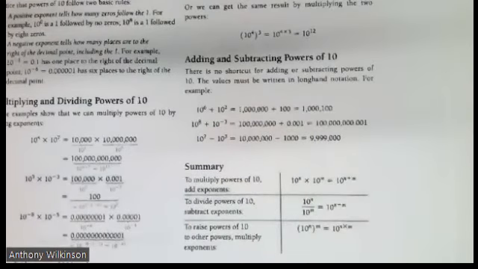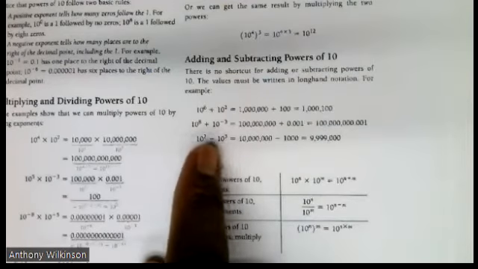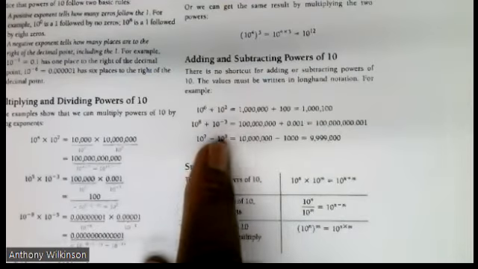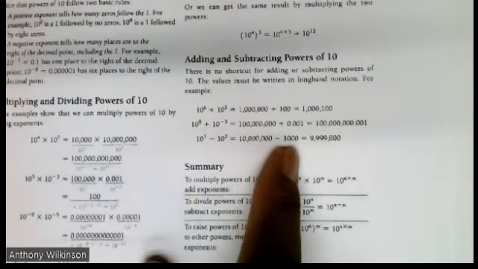And also 10 to the 7th minus 10 to the third. 10 to the 7th will be 10 million. 10 to the third is 1,000. Subtract 1,000 from 10 million, you'll get 9,999,000. Okay, so you just have to expand those powers of 10 out completely in order to add